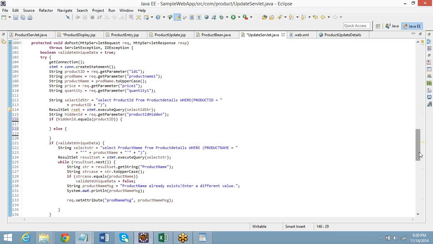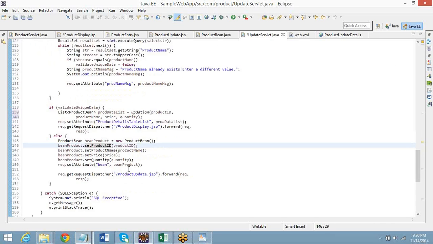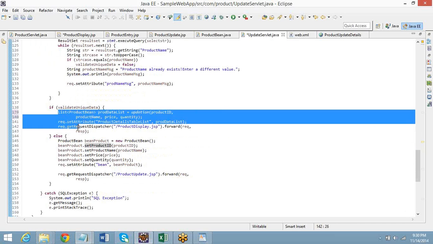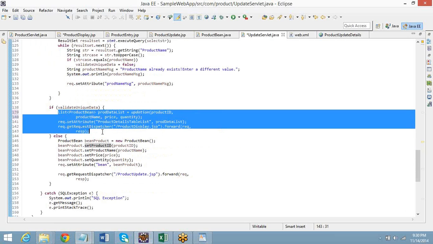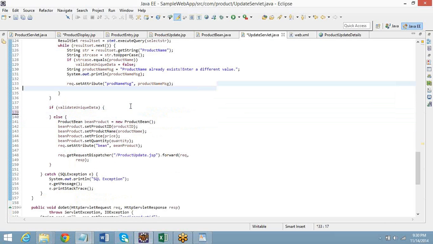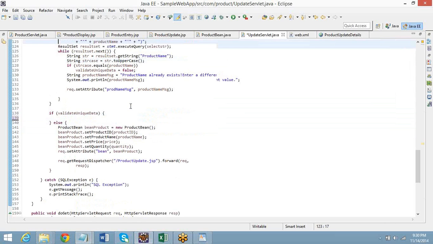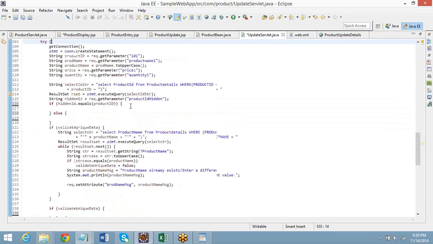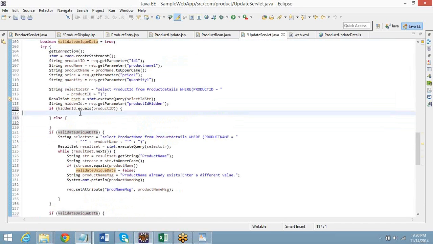Correct, I got it. Come down, I have to go to that else block. Yeah, take lines 139 to 143. Cut it. Go to the top again. Keep it at the 117th line number. Paste.